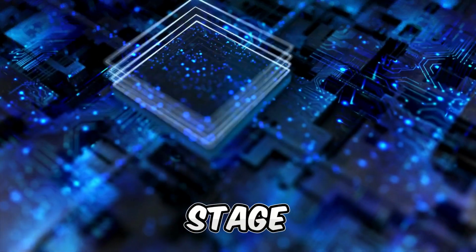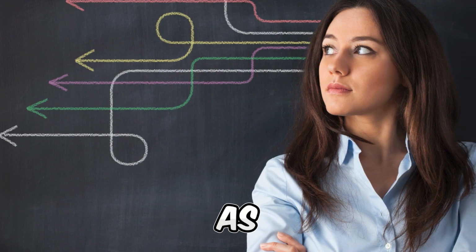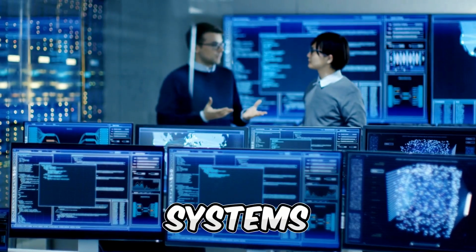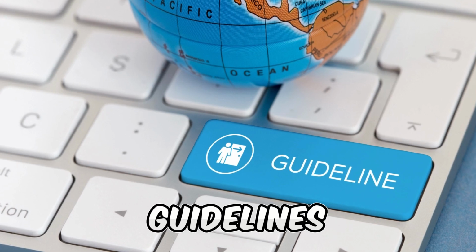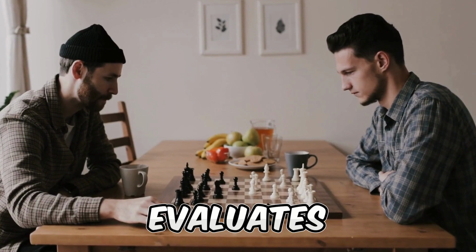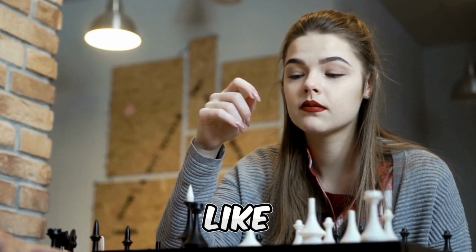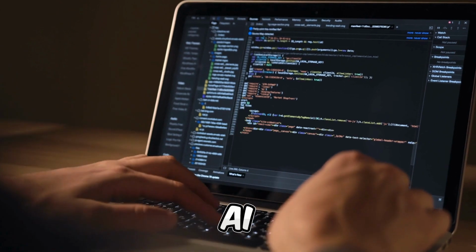Stage 1. Rule-based AI systems. At this stage, AI operates on a set of predefined rules and logic. Imagine it as a giant decision tree, where every possible scenario has a predetermined outcome. Rule-based AI systems excel at tasks that can be broken down into clear-cut rules and guidelines. Take chess, for example. Here, the AI evaluates the board position, considers possible moves, and selects the best option based on predetermined rules. It's like playing chess against a human, but instead of intuition and creativity, the AI relies solely